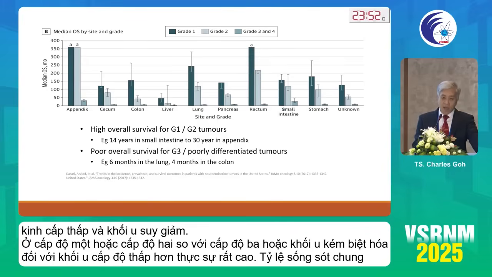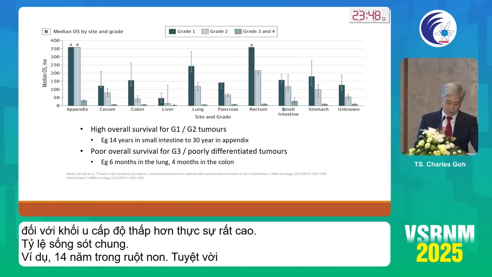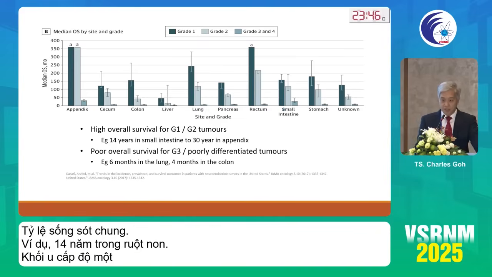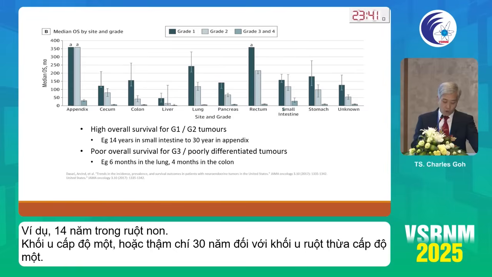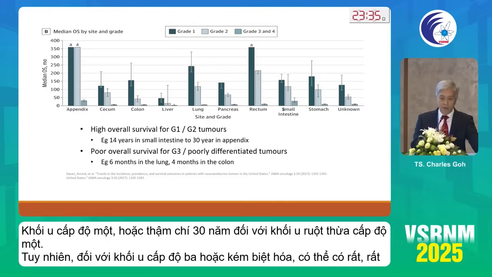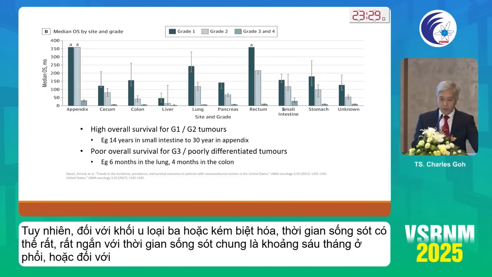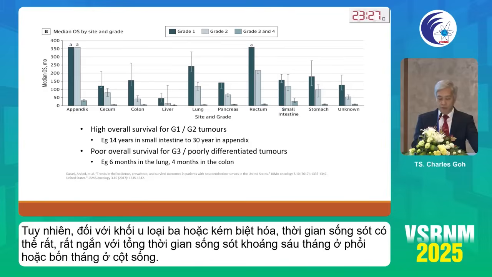For example, 14 years in a small intestine grade 1 neoplasm, or even 30 years in a grade 1 appendiceal neoplasm. However, for grade 3 or poorly differentiated tumors, there can be a very, very short survival time with overall survival of about 6 months in the lung or 4 months in the colon for these higher grade tumors